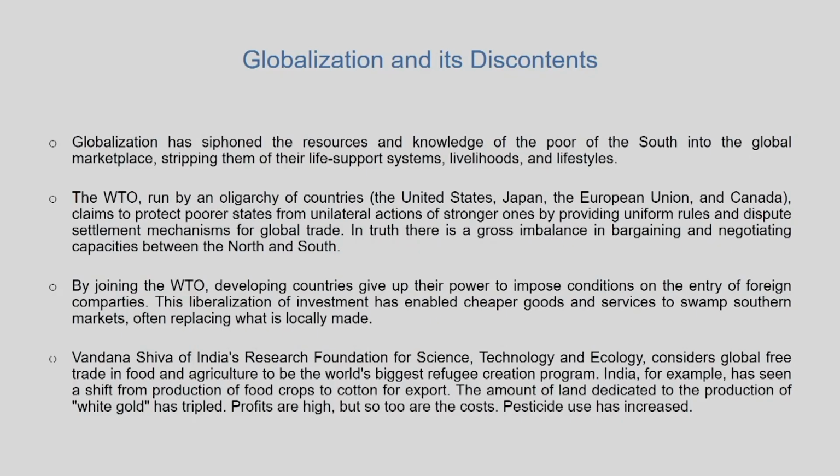Now, many of you must be aware of the violence that erupted in Seattle in 1999 at the World Trade Organization summit. It was basically a backlash against globalization of diverse groups that were opposing this process of globalization. There were labor union groups, trade unionists, environmentalists, those opposing sweatshops, and those opposing genetically modified seeds and genetically modified foods coming into their national territories. So there was a lot of backlash.